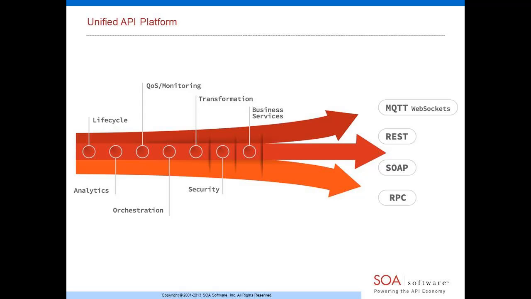Or to preserve the integrity of the identity of the user all the way to the back-end systems and to see what's going on. And then to measure the impact of change. What happens if I change one of these back-end systems? Does it affect my API or doesn't it? So you need to extend your services infrastructure to cover your API infrastructure